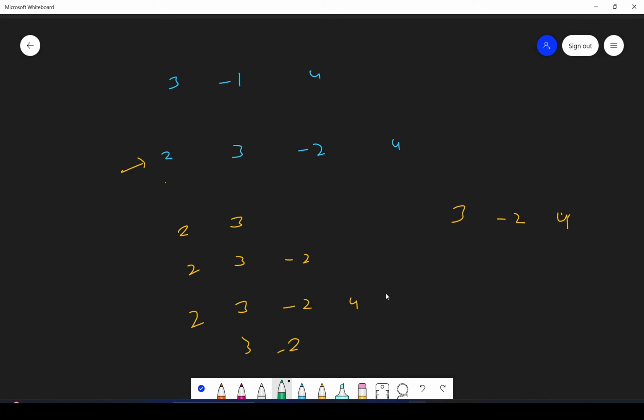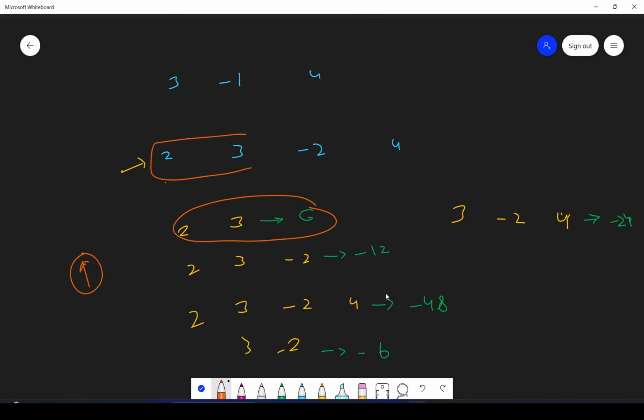If you find the products, here you will get 6. Here you will get minus 12. Here you will get minus 48. Here you get minus 6. And here you get minus 24. So we have to find the maximum product of a subarray, and among all these values, the maximum is this one.